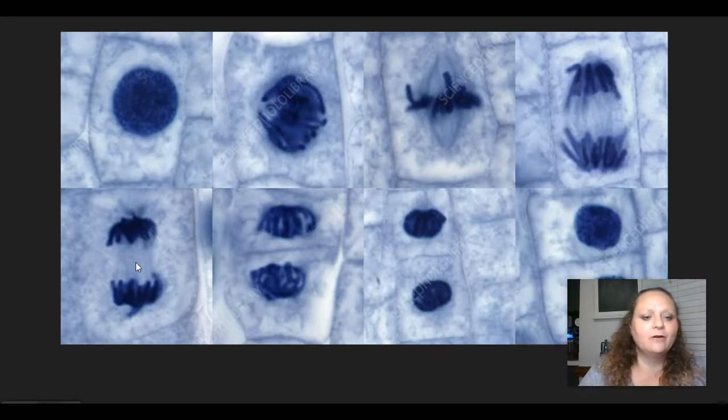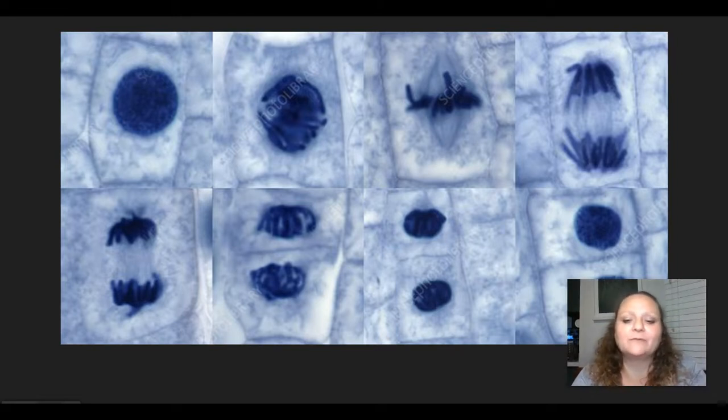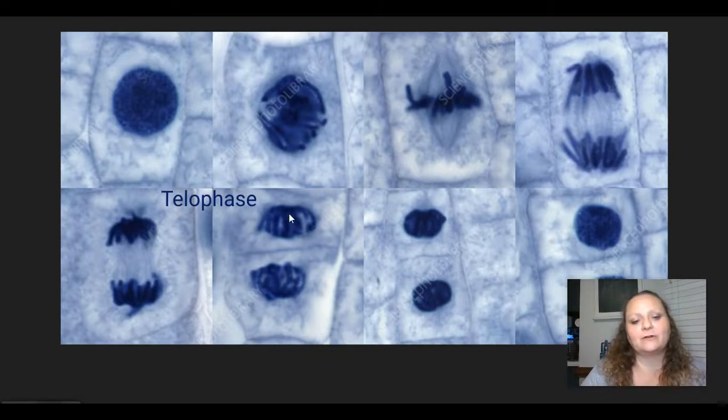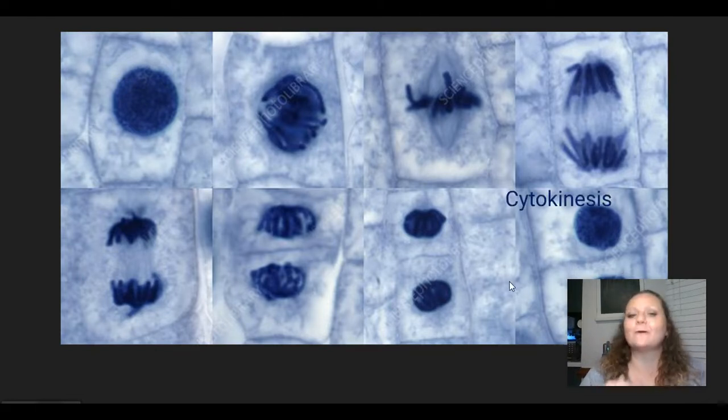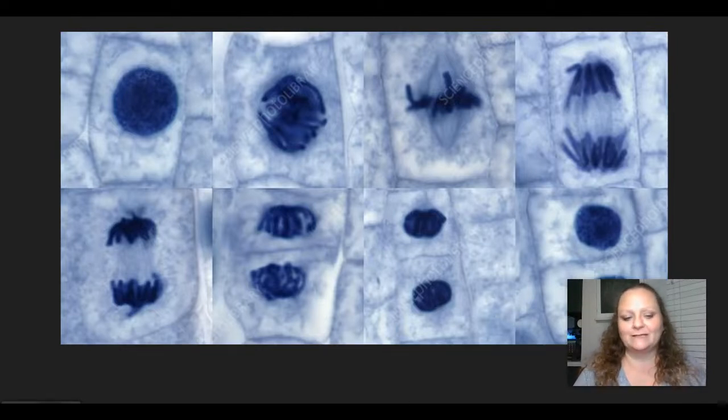As we move over here, this one and going into this one, these are both going to be examples of telophase, where the cell itself is starting to reform the nuclear membranes around each new set of DNA, and we're starting to pinch in. And then finally, we get to the point where we're achieving cytokinesis, which is sort of hidden under my picture. So we're back to where we started. So this is all of the steps of the cell cycle. So hopefully that sort of helps you understand what's happening there.